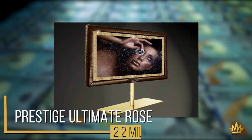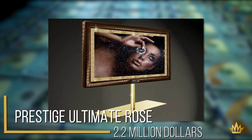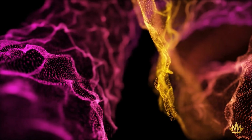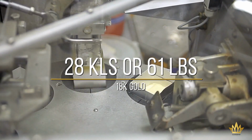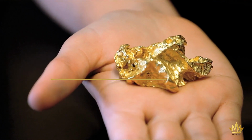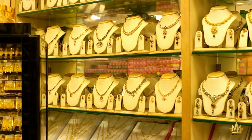It has been given the name Prestige HD Ultimate Rose Edition. This television takes the word prestige to a whole new level. But if you're not a fan of bling and glamour, I don't think this television is for you. The television has been gilded with 28 kilos or 61 pounds of solid 18-karat gold. While that amount of gold would be sufficient for most people, it did not quite lift the television to Stuart